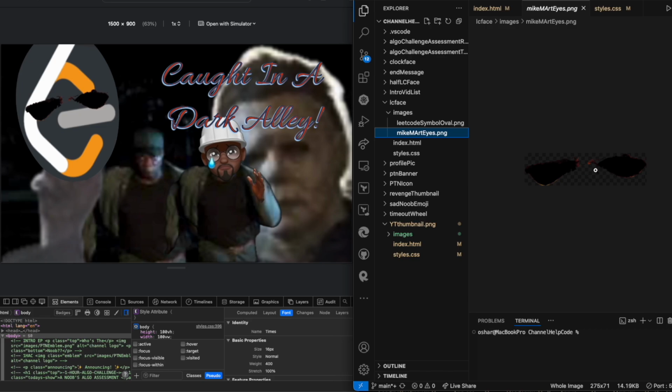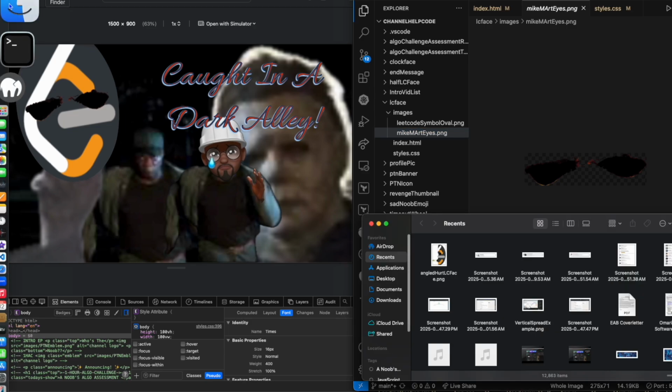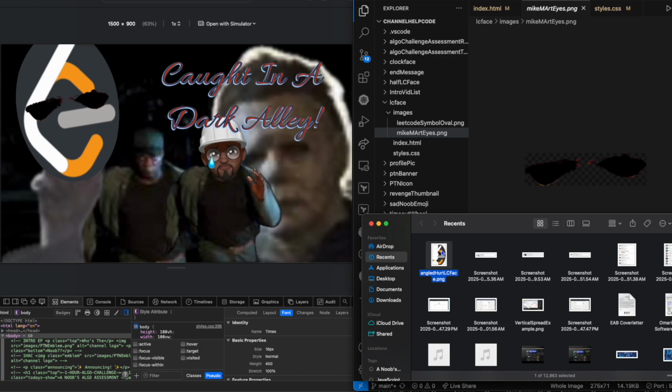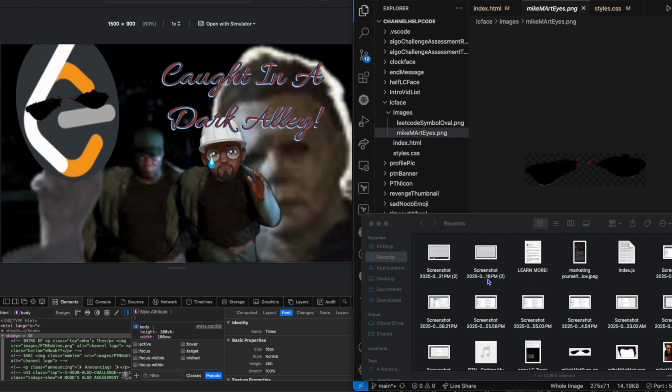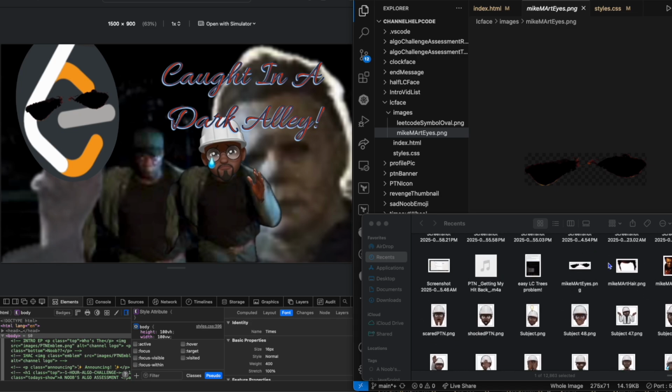Oh, that took a lot of work editing this photo. And what I would usually do is use Apple's image feature. I'm sure you remember that when I slapped LeetCode back. But regardless, yeah, a lot of files, a lot of folders. Yeah, I even got the little wig for Mike Myers. I'm sure you remember that too. I had to put the wig on him last time. I might have to put it back on him again. Anyway,